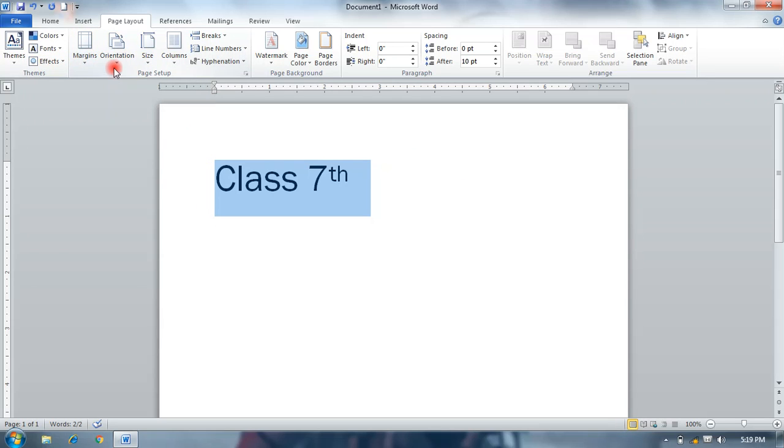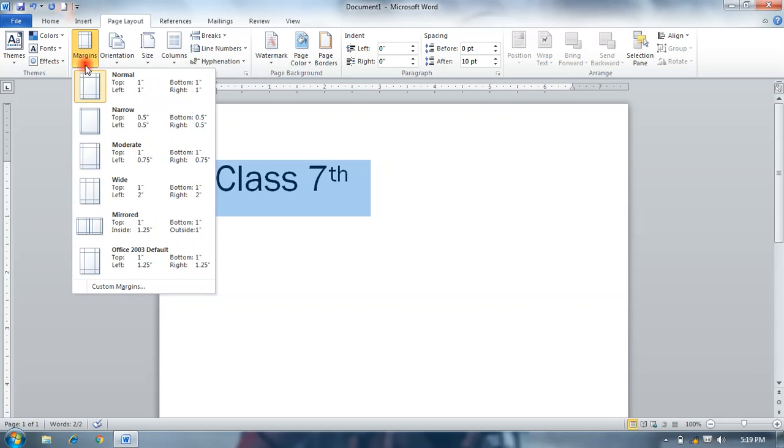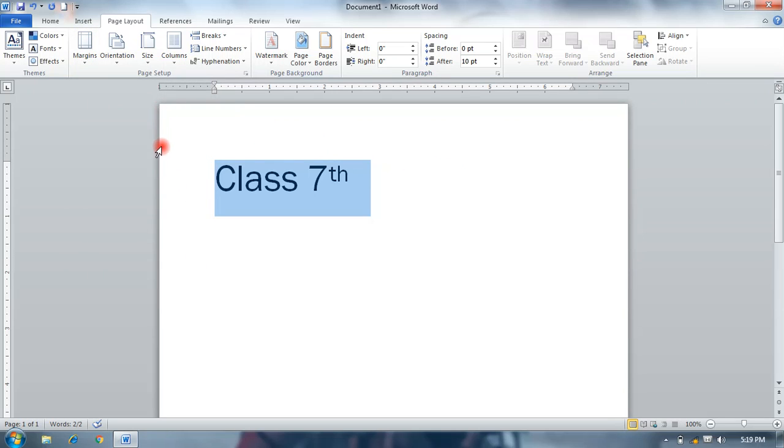Margin, the first important tool is this page setup. In Page Setup, you can set your page as per your requirement. First is margin, you can set the margin of your page, left or right, top or bottom.